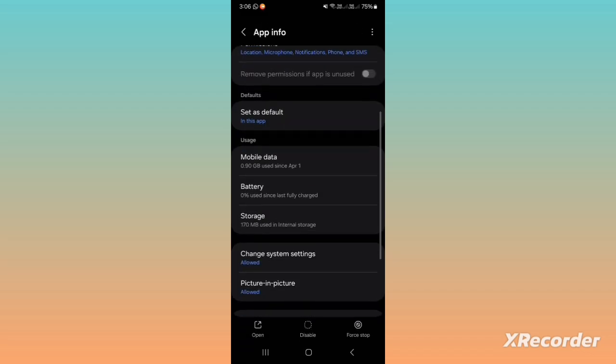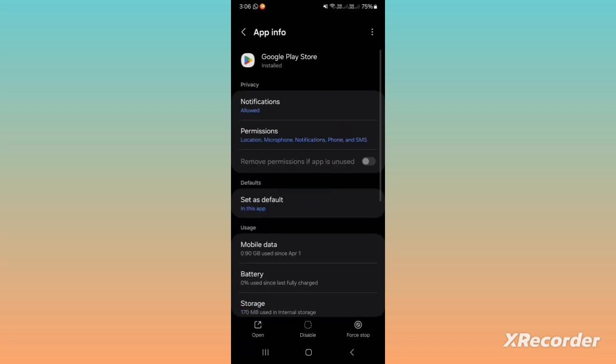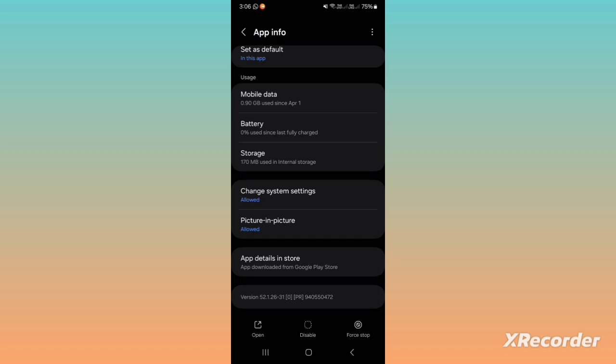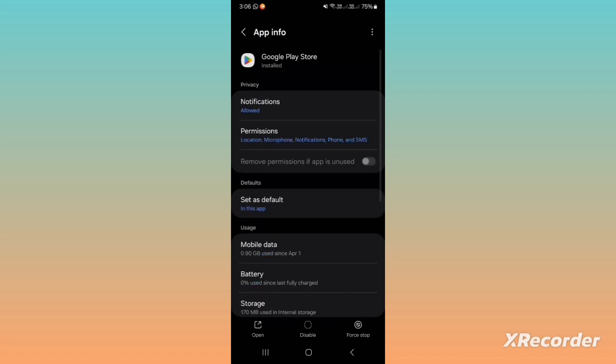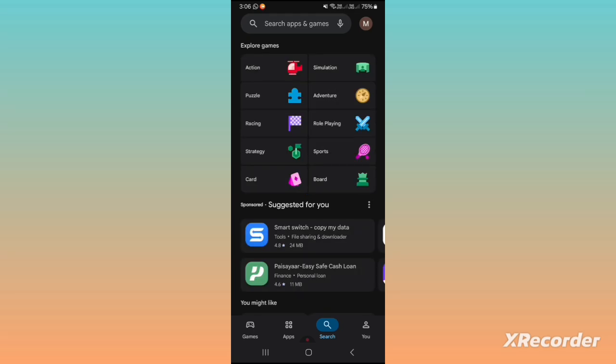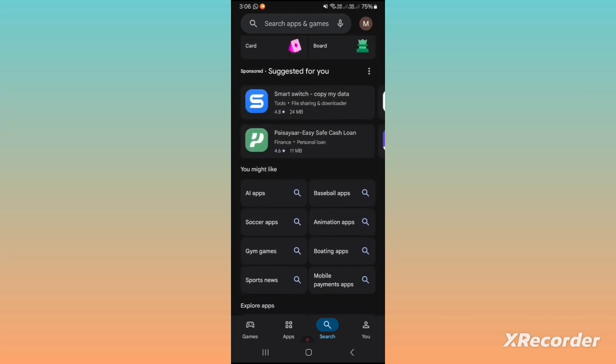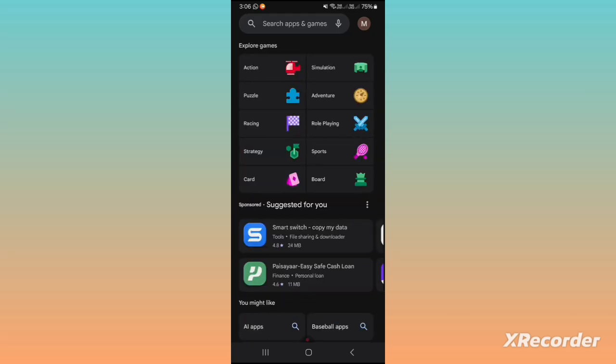So another window will open. Here you can see at the bottom left an option for opening the application. Just click on it. Here you can see that the application has now been opened and you can use it